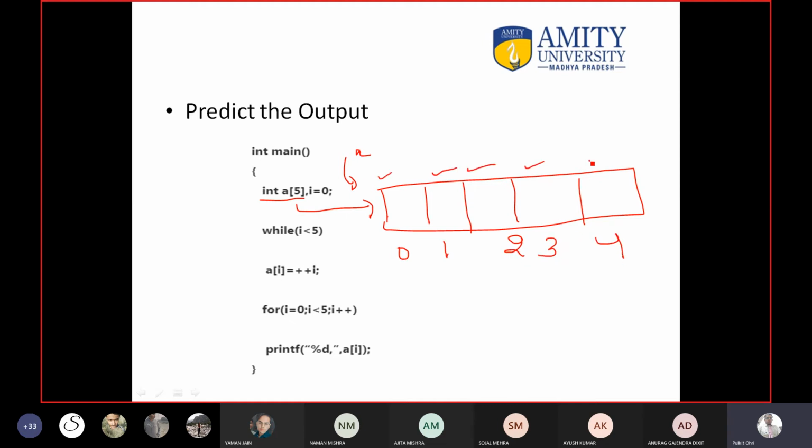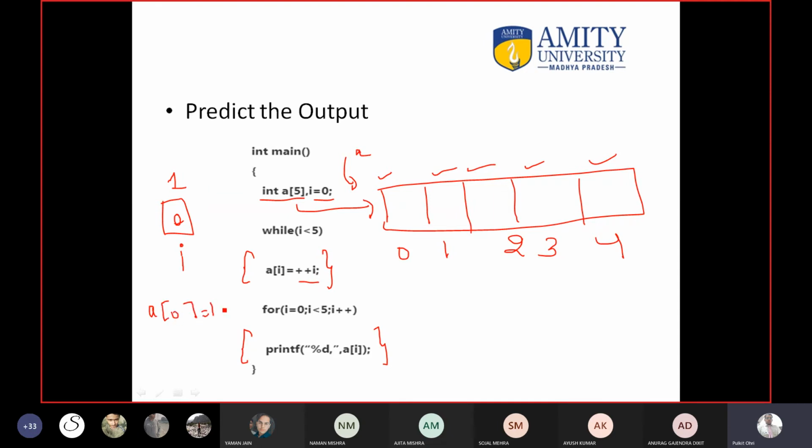Now here there is a variable. Now this is the scope of the while, yes or no? Because you all know when no curly bracket is present, the scope is a single line, correct? Here there is one more thing. This is, you can say, a prefix operator. The value of I is 0. So the value of I is increased, meaning the value of I is 1, yes or no? Because in an equation, the right hand side of the equal to is evaluated. Now some students are filling 1 in the first location. How can you do that? If you are filling 1 in the first location, it means you are writing A0 equal to 1.